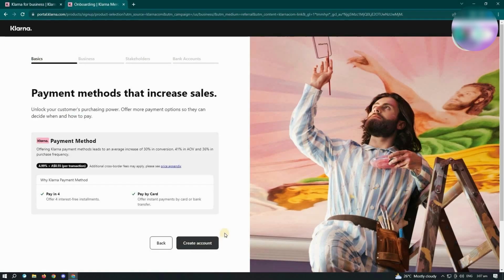To finish the setup, click on Create Account and complete any remaining details Klarna asks for, such as additional business information or verification steps. Keep in mind that Klarna does have an approval process, so your account won't be activated instantly in all cases. Klarna will review your application and notify you if your business is approved to offer Klarna